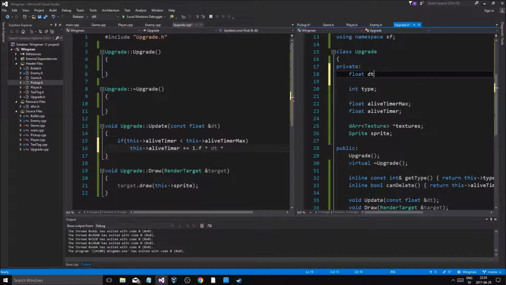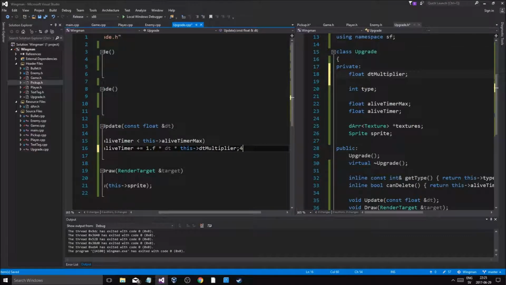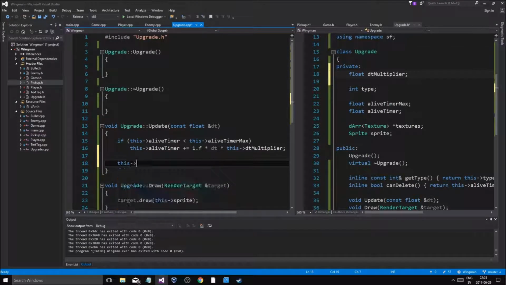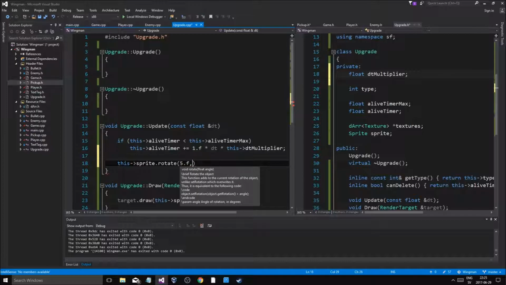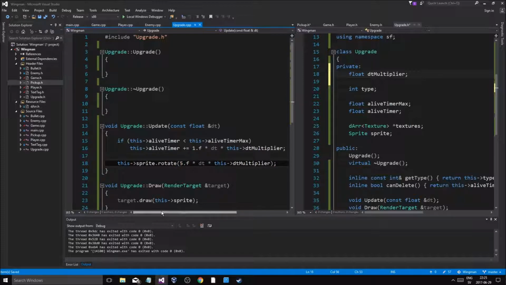Float dt multiplier, this dt multiplier, and yeah, that's good. So it's gonna go up to alive timer, and we're good. And we're gonna update it. We're going to rotate this sprite, dot rotate with 5f by dt multiplied by this dt multiplier, and then